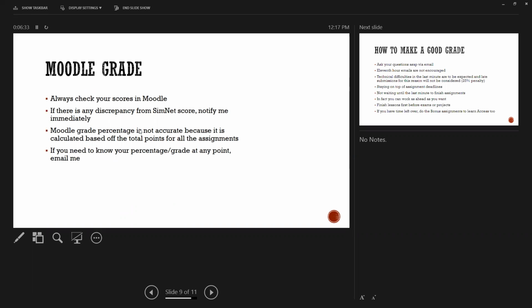And for every single assignment, go back and make sure the score reflects the SimNet score. If some score doesn't match up with your SimNet score, notify me immediately. Email me and tell me so I can go and fix what's going on. Moodle's grade percentage is not accurate